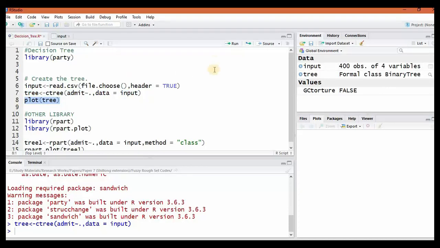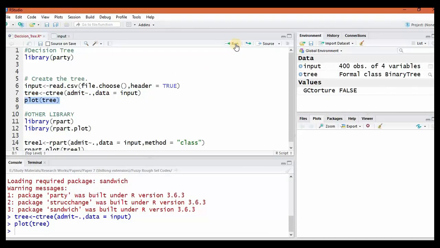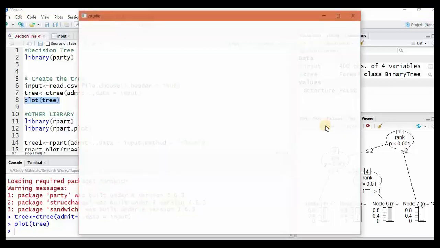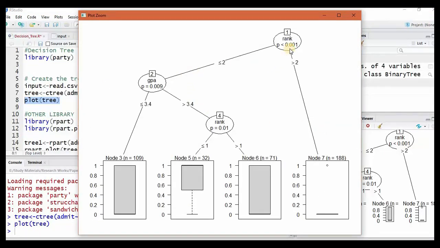To visualize the tree, I have to plot it. After I plot, you can find this is the tree, where rank is the first attribute with the highest information gain.